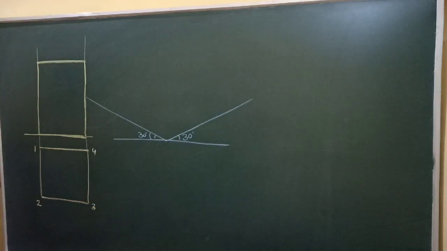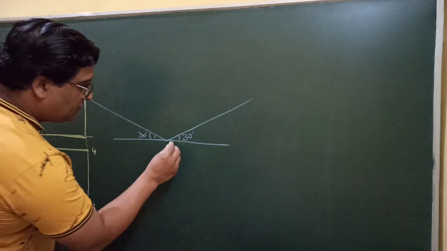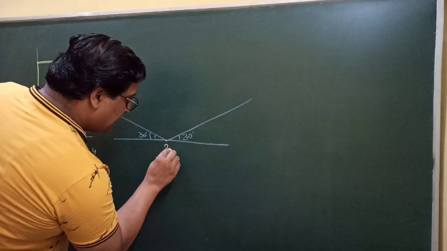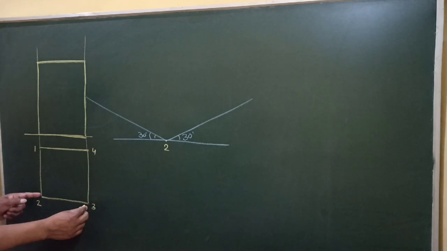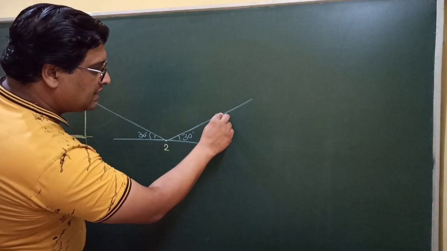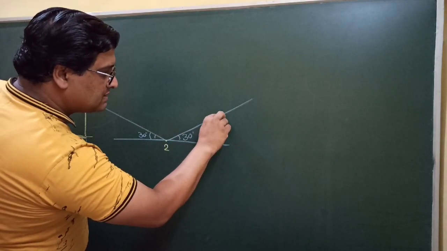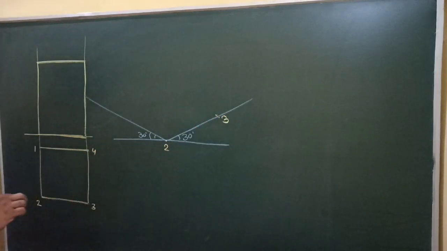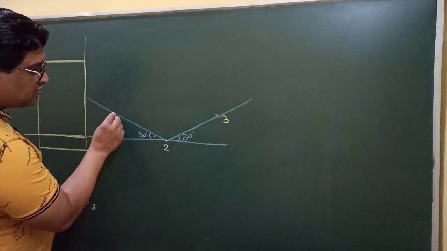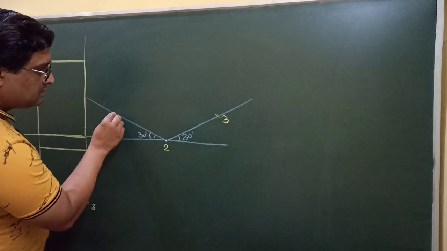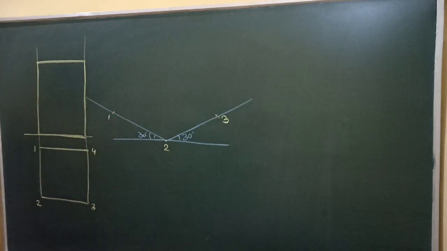Now you have to take any one of the points of this top view. Say for example, I am taking point 2. So this point must be considered as 2, from where we have taken two isometric lines. Now you can take distance from here to here, that is 2 to 3, convert it into isometric length and drop on this line. So you are obtaining point 3. Similarly, you can take 2 to 1 from here, convert it using the isometric scale and mark here, so that you are getting point 1.